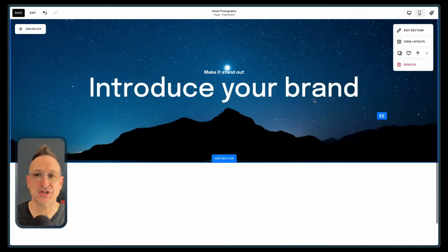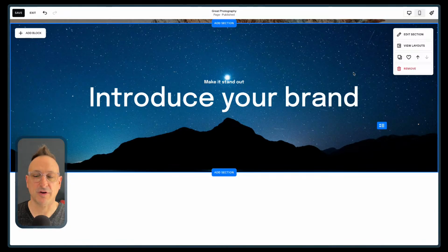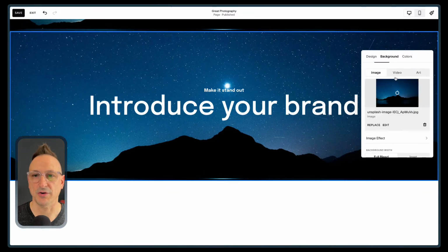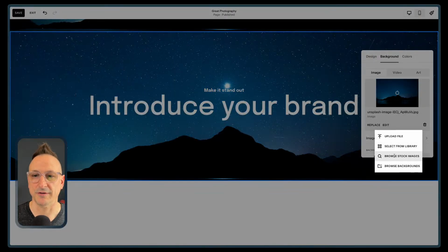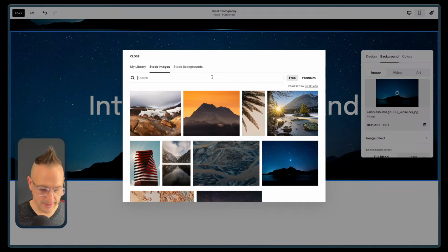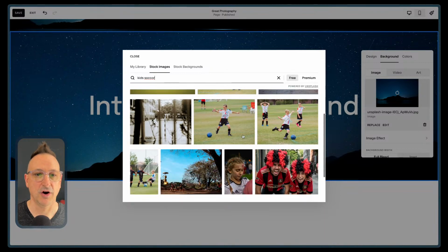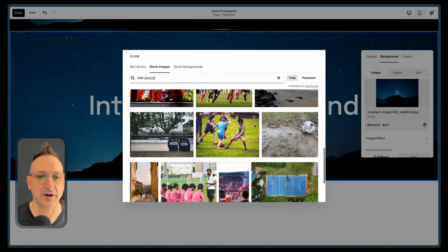But in general, the way we want to start framing this, if we have more complex images, looks a little bit like this. So let me duplicate this section and show you what it will look like if we were to find kids soccer, because you've got I can't spell. Ha! Awesome. So if we have a soccer team